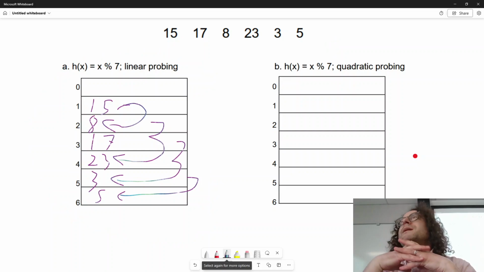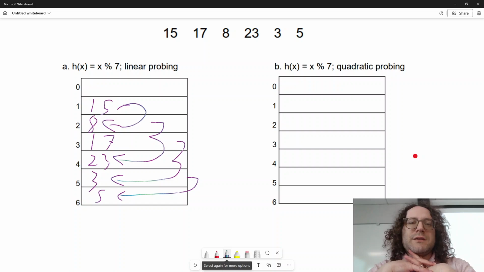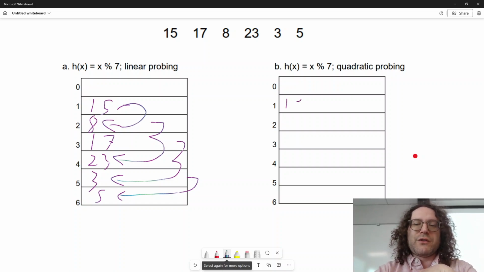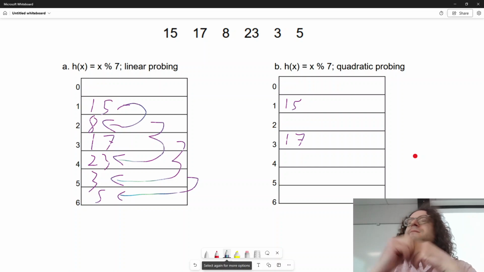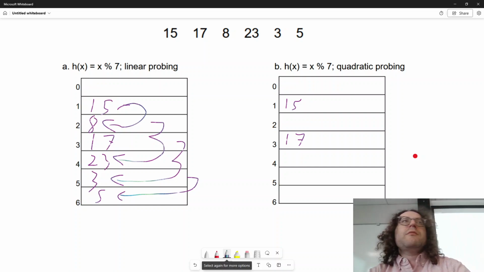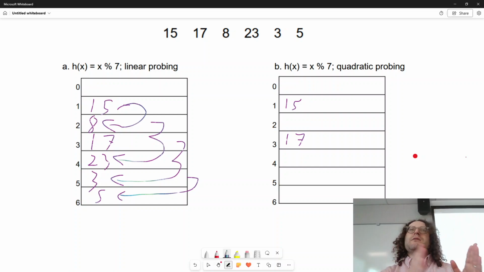Now, quadratic probing, same kind of deal. 15, we can reuse our first answer. 15 and 17 go into these slots. Okay? 8 mod 7, we try to go into index 1, right over here. We can't, so we look for the next available spot, where next is defined by, instead of going, right, linear